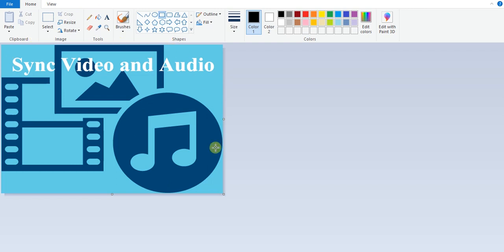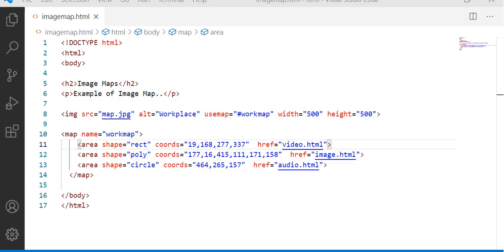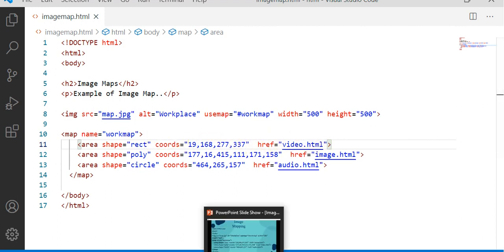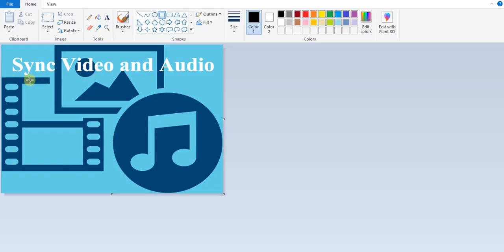coordinates. You want to open the image in Paint, normal Paint. This helps us to find the coordinates for our coding. Okay, in this image, you can choose your own shape. I have chosen the rectangle, rect. They represent the keyword called rect. So I want to create the shape called rect. For video.html, I create the rectangle shape. So I draw one rectangle on this video icon. Just draw your rectangle wherever the user wants to click, where the HTML should transfer.